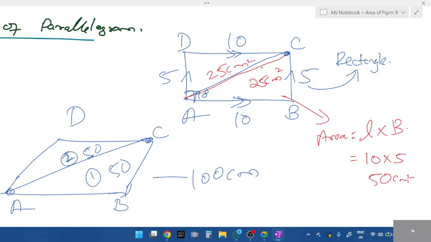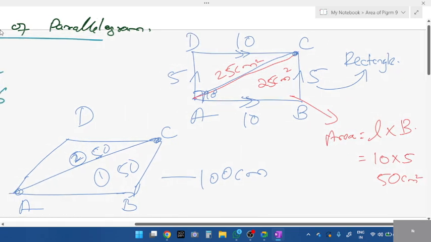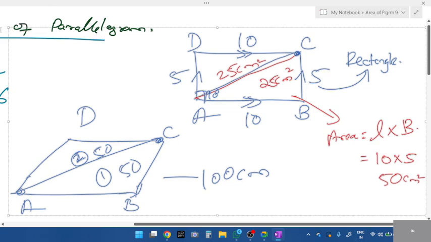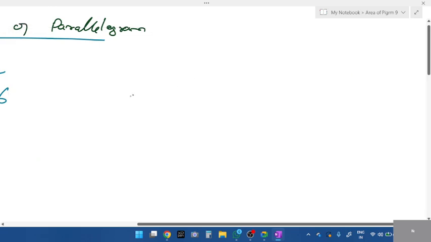Understood? Next. Parallelogram is done. Triangle, rectangle is done. And two parallelograms I have taught. Two parallelograms put together. Next. We'll combine one parallelogram, one triangle, students. We'll see what the result is. If you compare one parallelogram and one triangle. Let me take a parallelogram